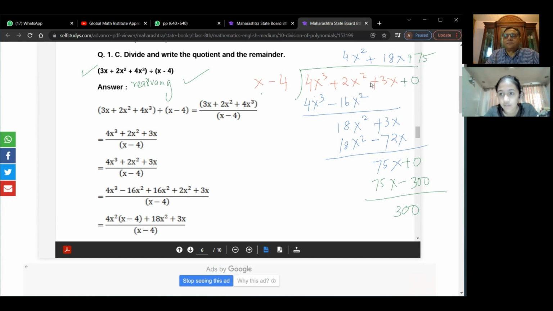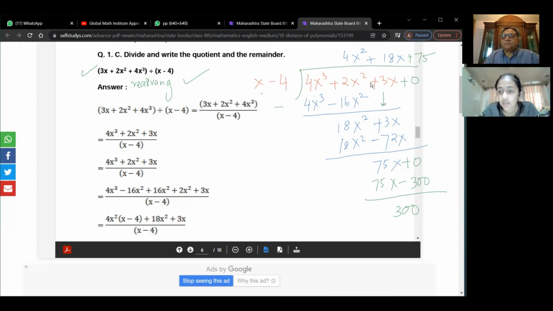Yes. Then we wrote 16 here, and then we subtracted. When you subtract, you get 2x squared minus 16x squared, we get 18x squared. Yes. And then we took 3x down. Yes. And we got 18x. Yes. And we wrote here 72, minus 72x, where we got